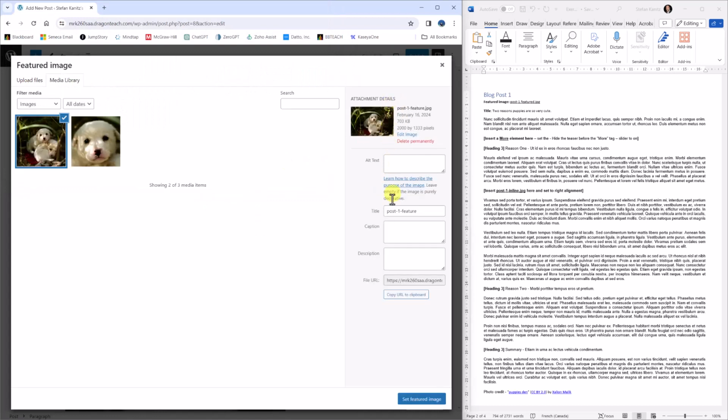And again, we have the alt text and the other metadata here. So we'll put in featured image here. We'll change the title to photo of two puppies. And in the description, we will write a description. Two small white puppies curled up together under some bushes with sunbeams